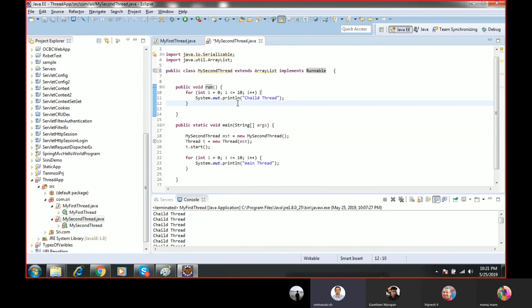The default priority, in case you do not set any priority, the default priority of a thread is